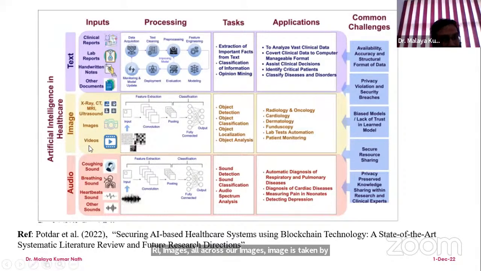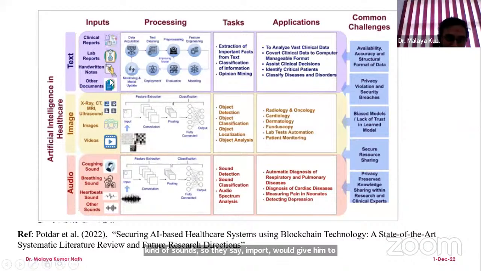The audios are of different types: coughing sounds, breathing sounds, heartbeat sounds, as well as some other kinds of sounds. So the input given to this medical data is numerous.